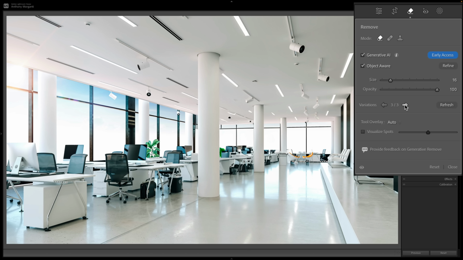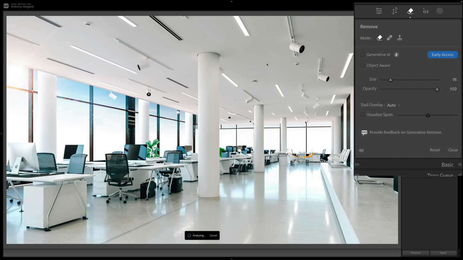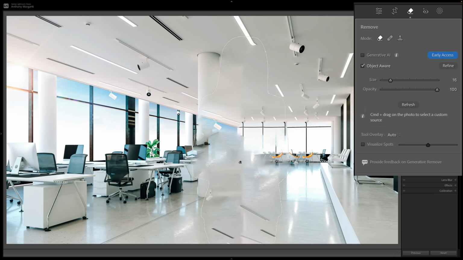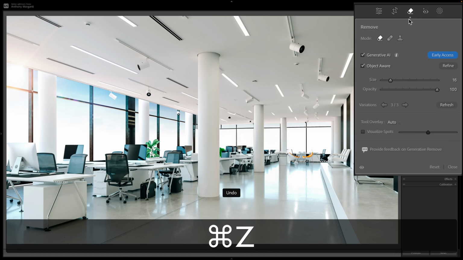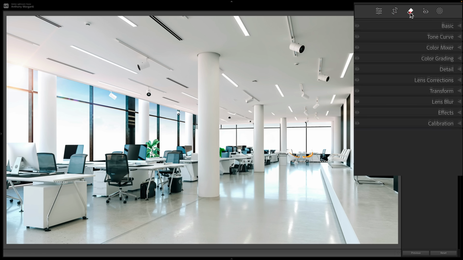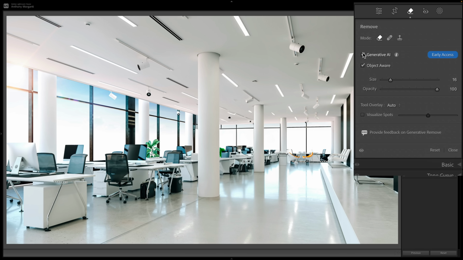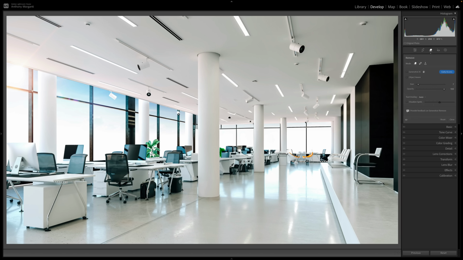And again, if you just want to use the Remove tool like you historically did, just uncheck both these boxes, and then you'll just, in this case, because I'm on an image, I should have closed it first. Let me undo that. I'll hit Command-Z, close it, reopen it. Now, if I want to use these like I historically have, just uncheck the box, and then you could come in and try to remove something